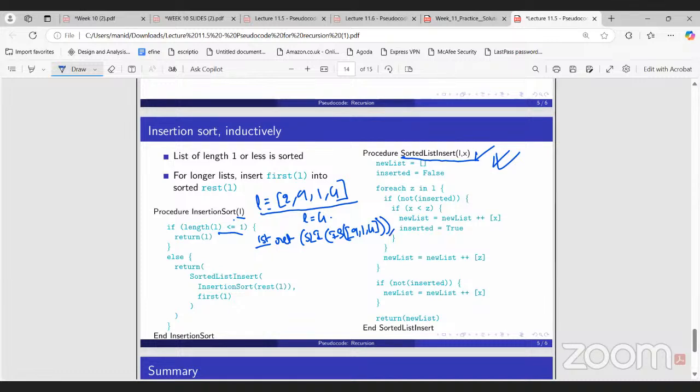And what is first of L? That is the second argument, 2. This first element. So this is the first call. Now inside this, again, control will shift to this insertion sort. So now the second call will